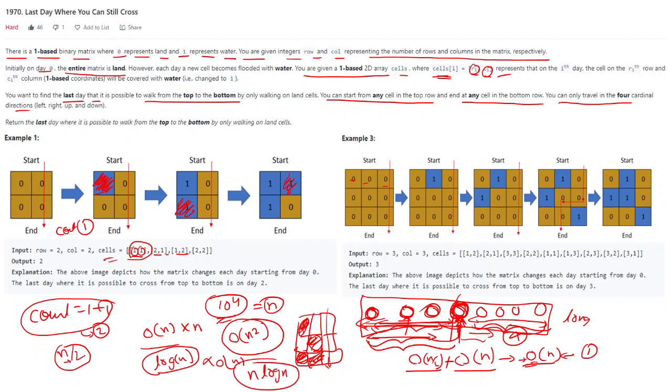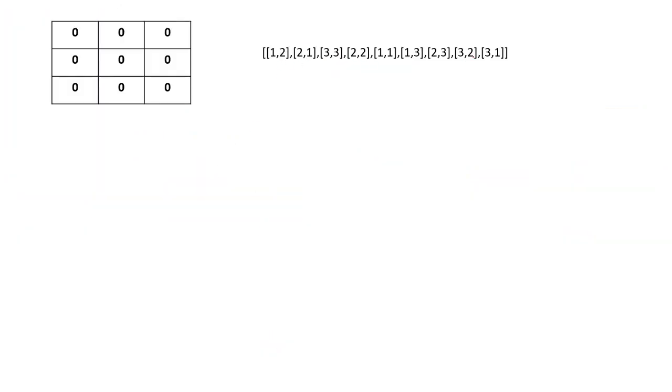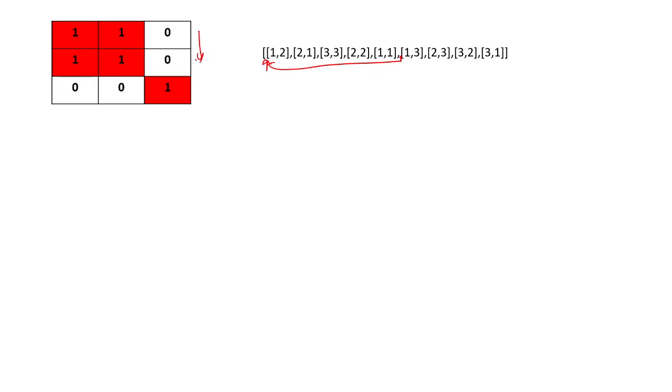So let's see how we can check this. This is our array. This is our L, this is our R. L is 0 and R is 8. So we'll pick the fourth one: 0, 1, 2, 3, 4. Up till this particular point, we'll fill in this array. Let me fill it and we'll see. You can see 0, 1, 2, 3, 4, 1, 1 need to be filled here. When we fill up till this point, we cannot travel from top to bottom, so these are automatically ruled out. Now our R will be this and L will be this.